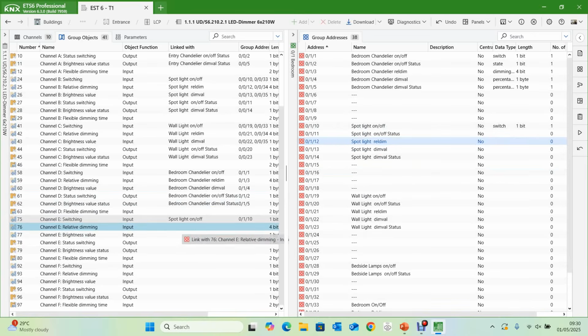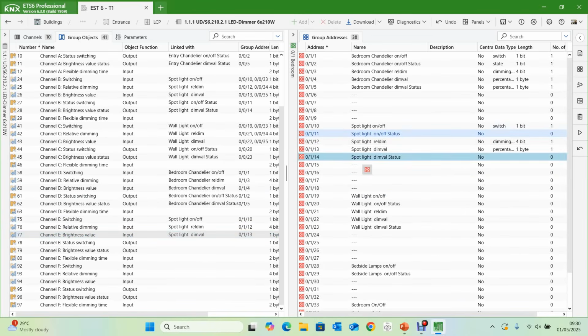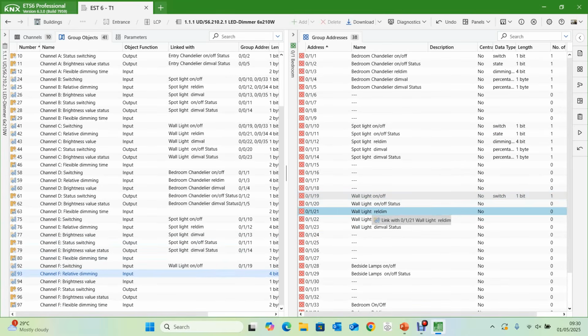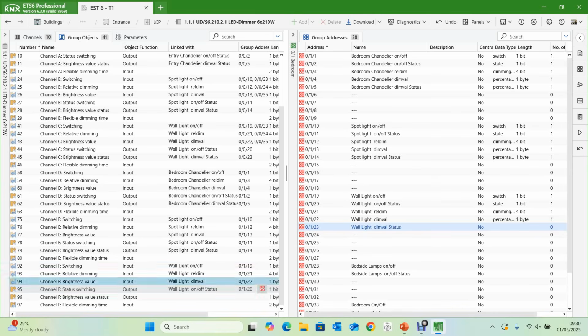relative dimming and dim value, status and value status. And again, wall light on, which is on off, relative dim, dim value, status, and